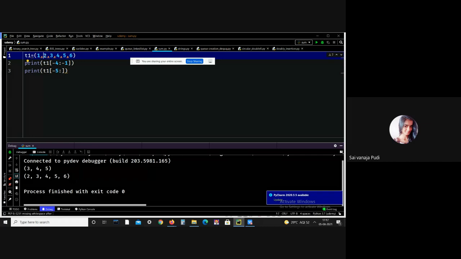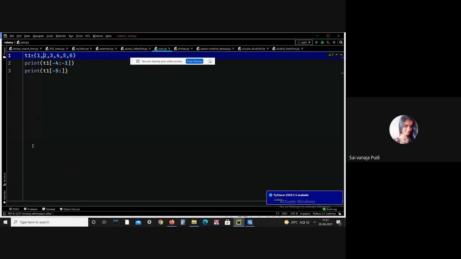And now let me delete all this. I just want to perform some operations on tuples, like I just want to delete elements in a tuple. Unlike list, the tuple items cannot be deleted using the delete keyword. In lists, we generally have 3 methods, that is pop, remove and delete. Using those methods we can delete whatever element we want. But in tuples we can't perform such operations.